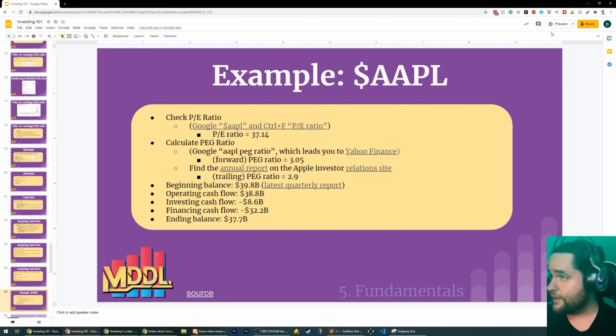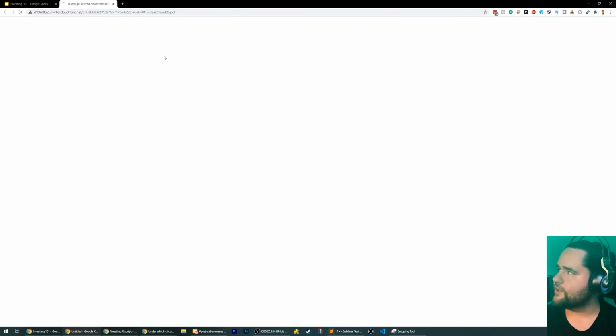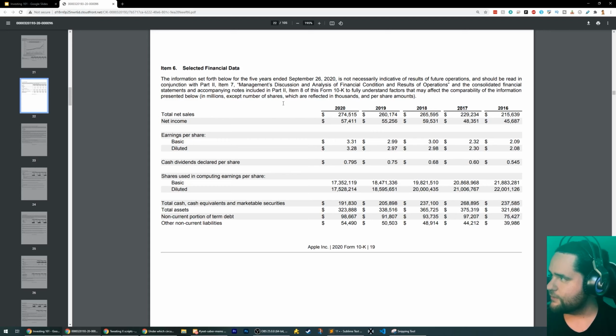So you go ahead and you calculate the PEG ratio. You could calculate it from scratch by looking at the annual report, which I did. And if you scroll down, this is where I found the data that I was looking for. Under item 6, selected financial data, you basically see the earnings per share for each year going back 5 years